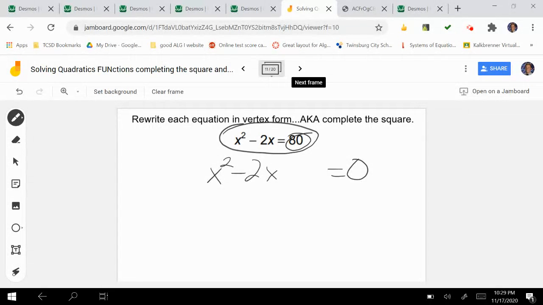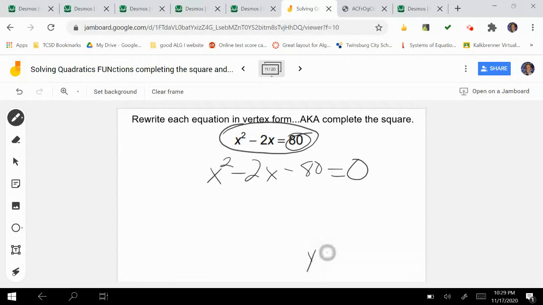Yeah, subtract 80. And it doesn't combine with an x squared because that's a quadratic. It doesn't combine with the negative 2x because that's a linear term. It makes its own term. It's a constant, right? So now I have this equation set up. When I rewrite each equation in vertex form, aka complete the square, I don't know why it didn't show up over here, but